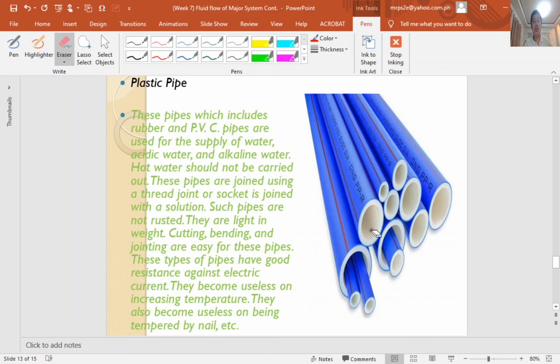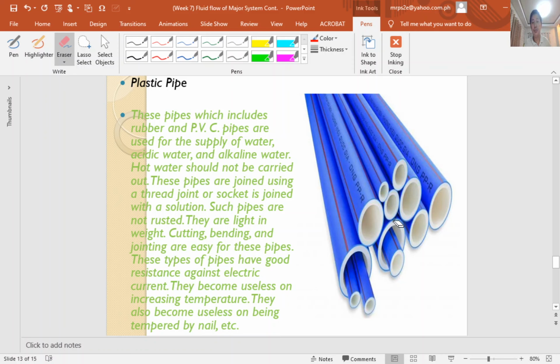So this is rarely used on the ship. It is used only in a freshwater system, for example, the production water from the freshwater generator or reverse osmosis. So in a water system producing freshwater on board the ship, this one can be used, but not at high temperature. So in freshwater production only.